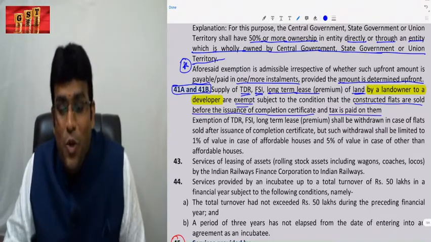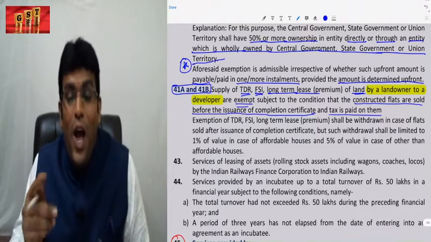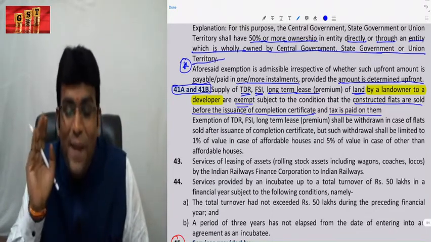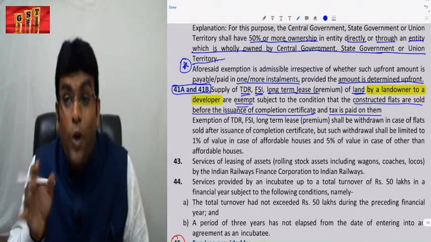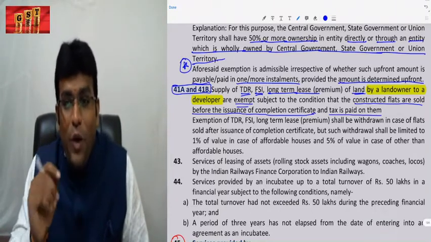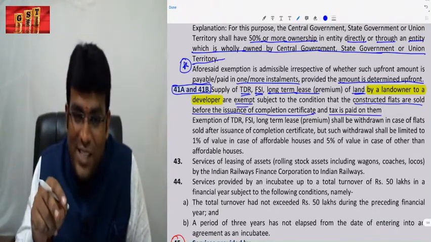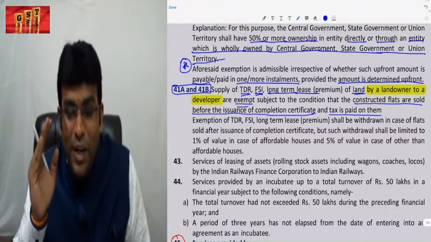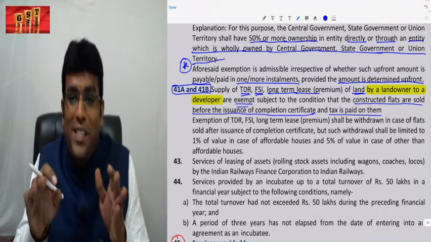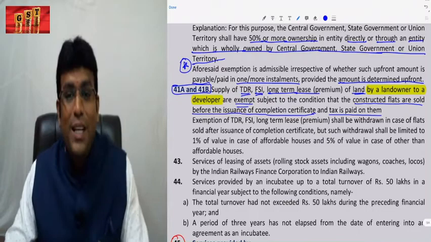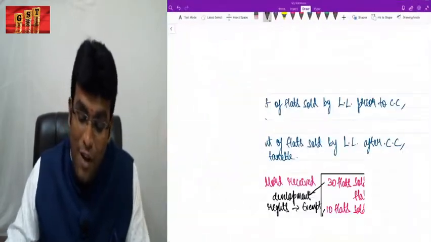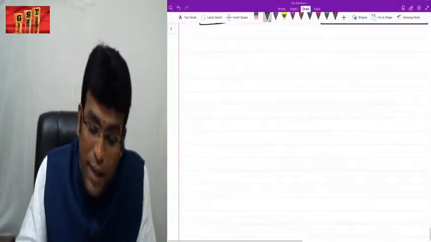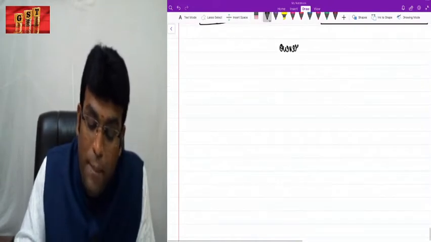So meaning of this concept is that in case where on the flats you paid GST, I mean we are talking about owner point of view. From owner point of view, on the flat if you paid GST, development rights not taxable. On the flat, if you have not paid GST, development right is taxable. So friends, finally, to give a conclusion, from owner standpoint,